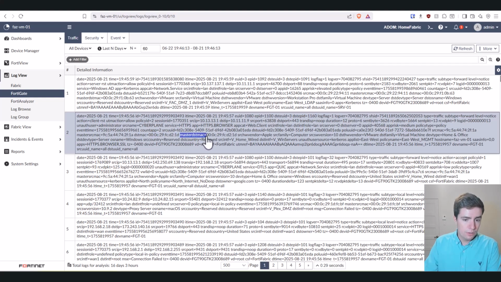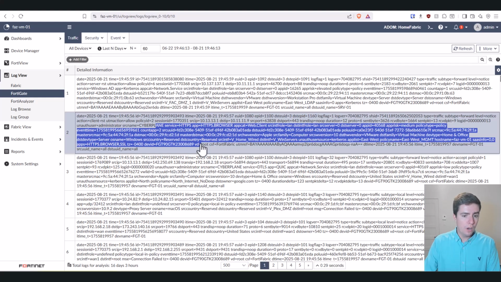We're going to use those fields to select a trigger, to create an automation. So for example, I could say, if it's coming from this MAC address, DST MAC, I'm going to take action. If it's coming from this hardware vendor, Apple, I'm going to take an action. So you need to figure out which property of your raw log you're going to use to create your trigger. Once you've chosen it, and in our case, we know it's going to be the criticality level set to critical,